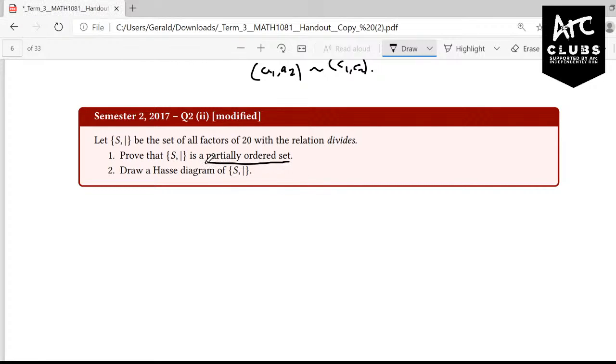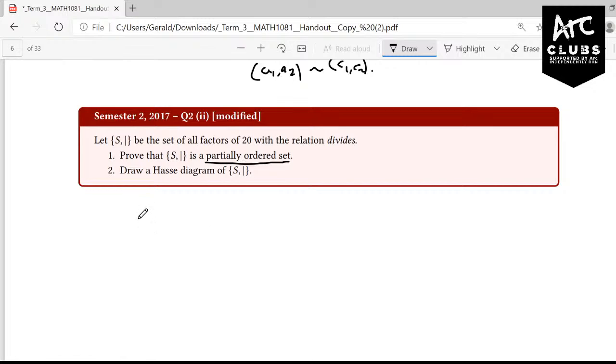So if we want a partially ordered set, then we need to prove three things very similar to the equivalence relation. But instead of proving symmetry, we want to show it's anti-symmetric. So I will leave the first one and the last one to you guys. Basically just proving that it's reflexive and it's transitive. That should be fairly straightforward. But to show that it's anti-symmetric,